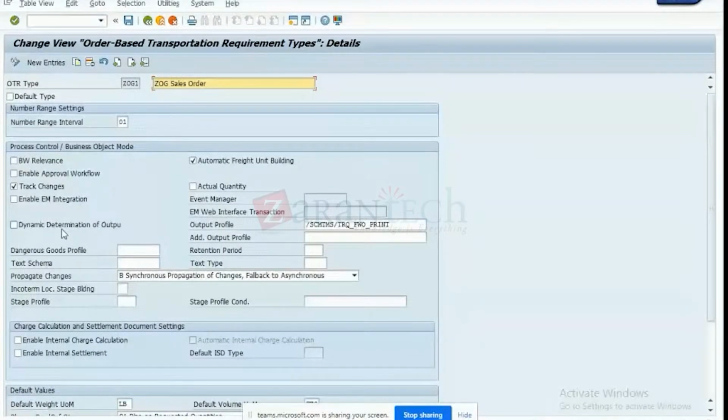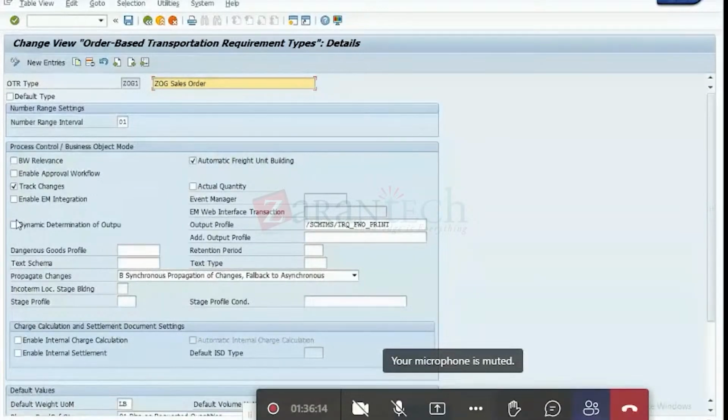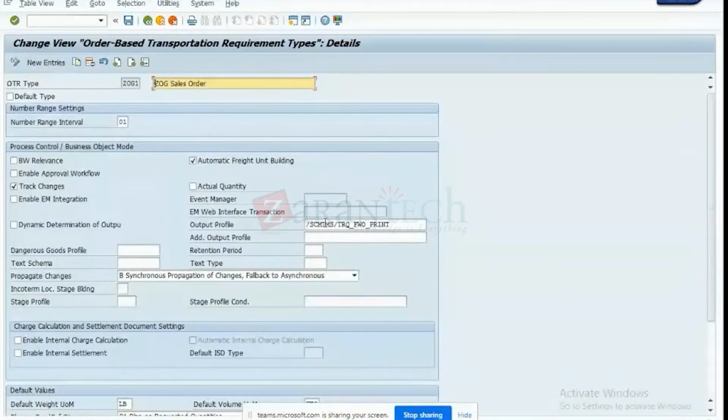So if it is shipping point SP01, you want to do a print. If it is SP02, you want to do fax. That means you want to have a dynamic determination of your output based on input. So if you are not using any dynamic determination of output, you don't need to do anything here. And in standard, you always use this output profile for printing, faxing, emailing. That means all the outputs can basically be triggered based on this output profile. And if you want to have some additional validation, additional condition for triggering an output, then you have to add